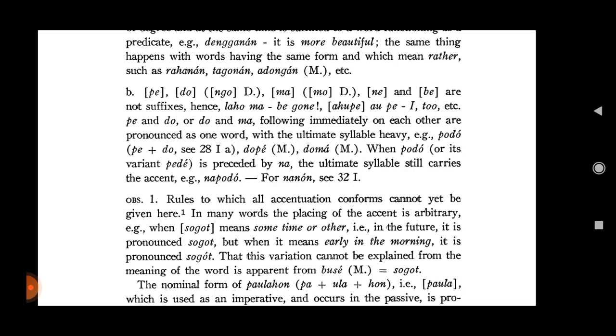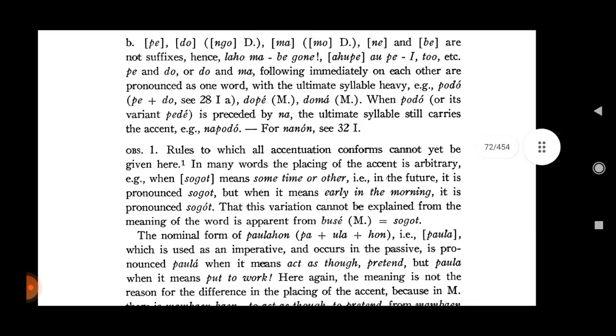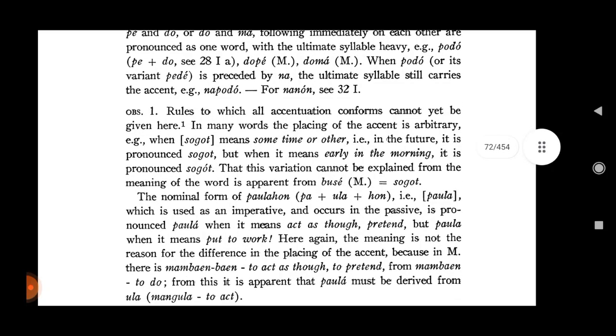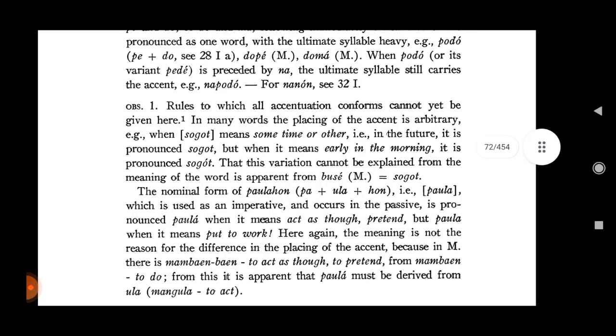The same thing happens with words having the same form and which mean rather, such as rahanan, tagonan, arongan, mandaling, etc. P, do, ngo, deri, ma, mo, deri, ne, and be are not suffixes, hence lao, ma, be gone. Aupe, I, to, etc. Pe and do, or do and ma, following immediately on each other, are pronounced as one word, with the ultimate